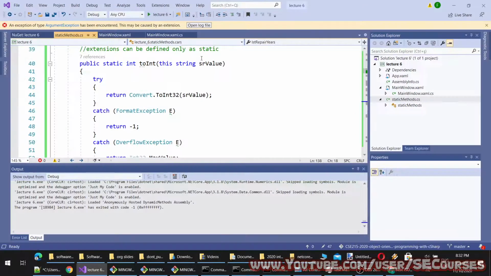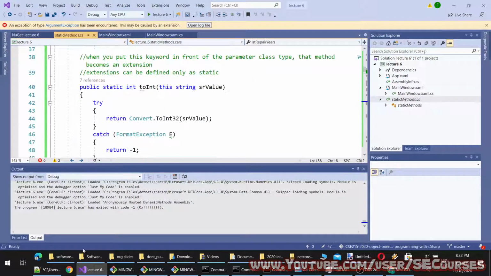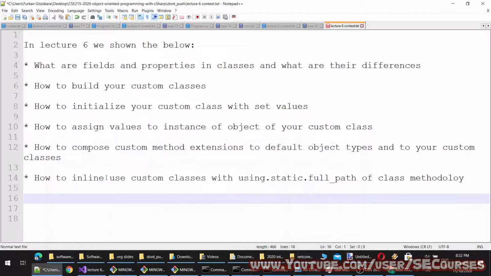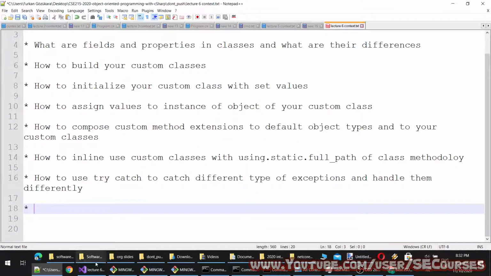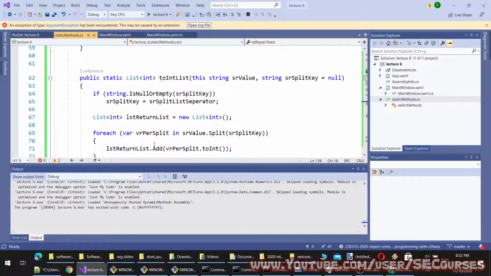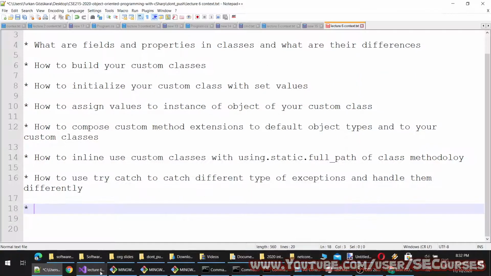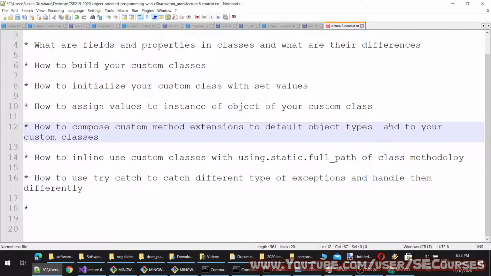Okay, and differently. Okay, what else there is? Okay, cars.